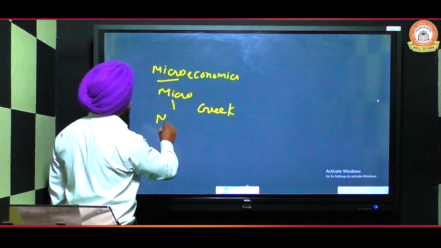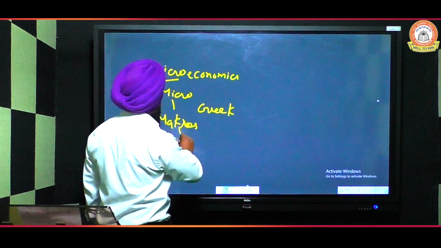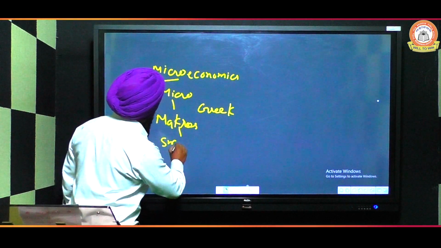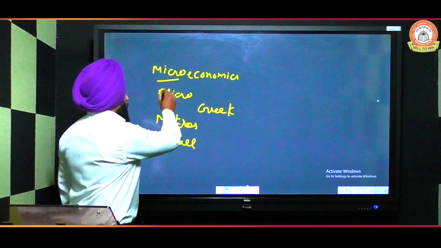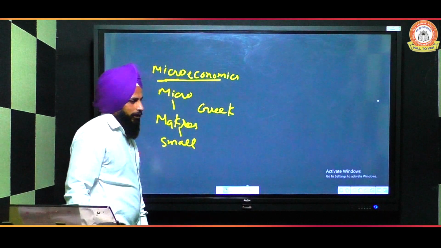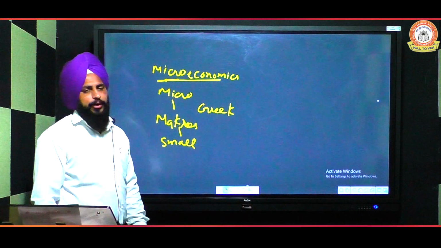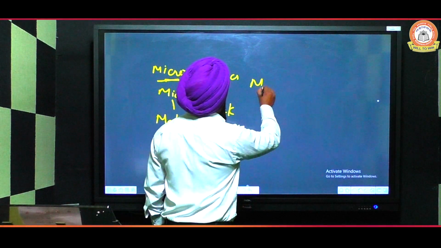That word is mikros, and mikros means small. So microeconomics deals with the activity of an individual, a household or a firm, while macroeconomics